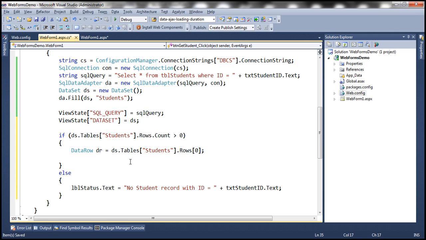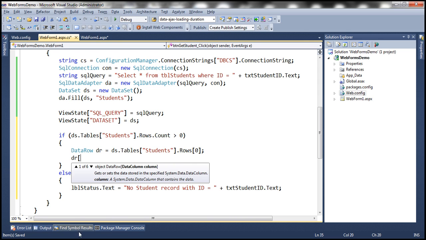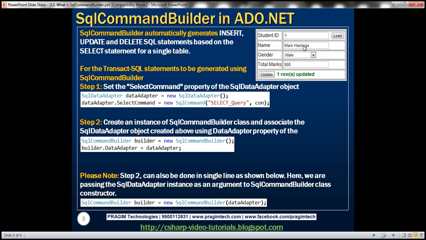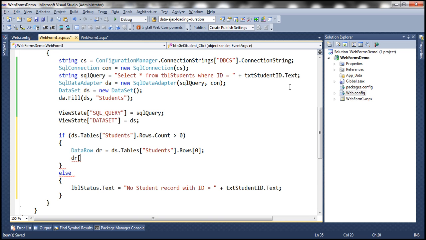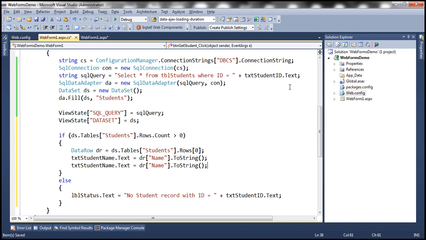And now what we need to do, so first we need to display name within the name text box. And how do we get access to the name? Use the column name. dr of name should give us the name value from that data row, and we want to store that in this text box txtStudentName. In a similar fashion, we want to store total marks as well. So txt, what's the name of the text box there? It's called txtTotalMarks.Text equals, the name of the column is total marks,